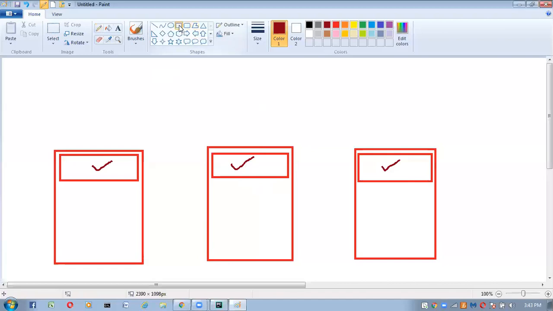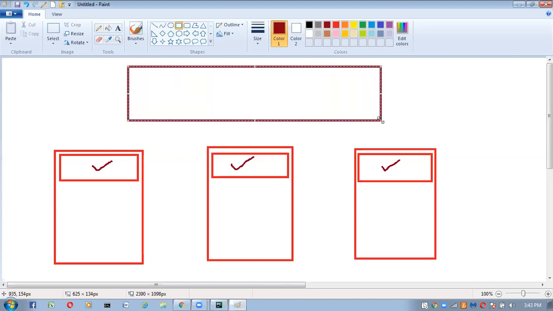I will take one separate HTML for this. Whatever code we are writing here, here, and here, that code I will take inside this common HTML file.